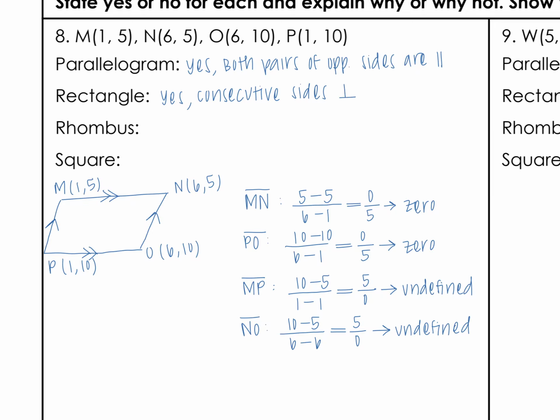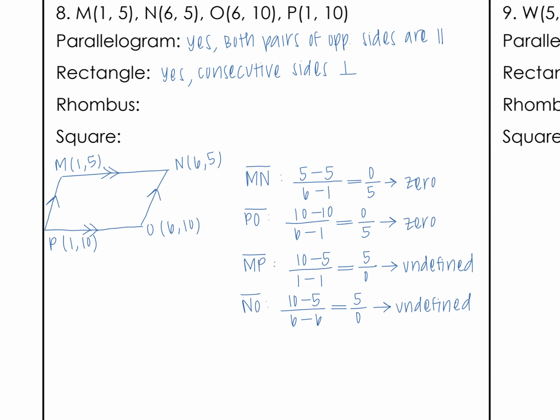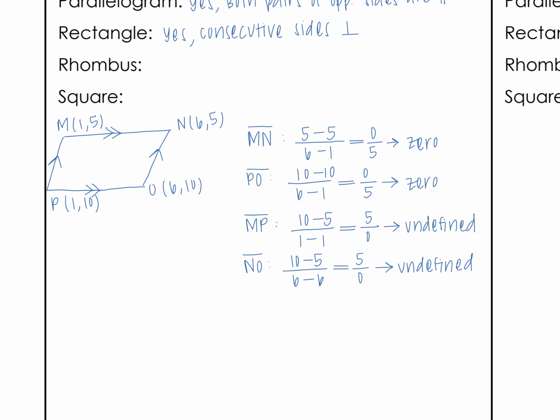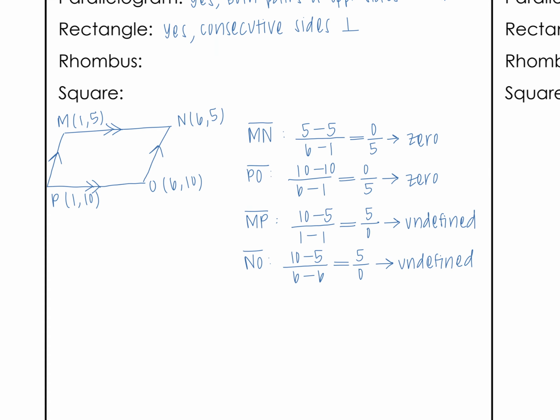Okay. Moving into my rhombus, there's a few ways you can do this. I'm going to stick with my slope, okay? And so using my slope formula, I am going to determine whether my two diagonals are perpendicular. So I'm going to find the slope of